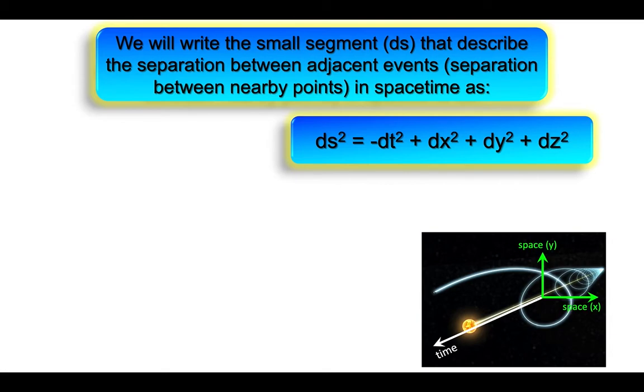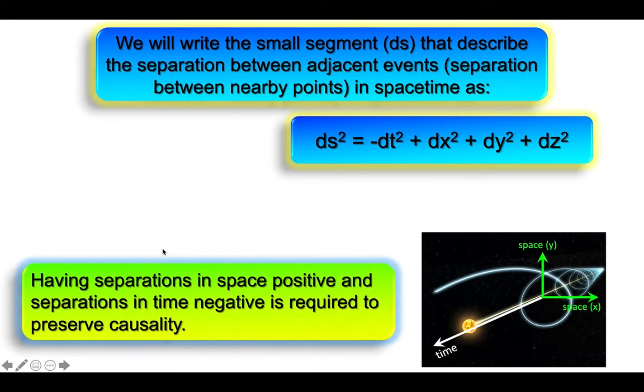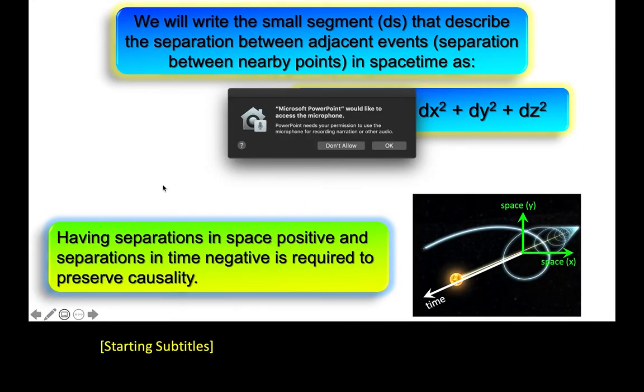So what I am writing here is, it is required to have separations in space be positive numbers, separations in time squared must be negative numbers. This is required to preserve causality. Now, this separation between events in space and time looks very similar to what we saw for the 3D Python